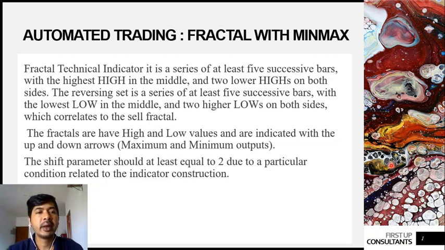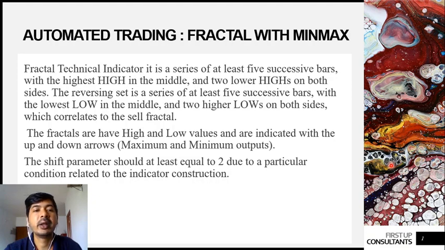In today's session of automated trading, we are starting afresh with this new setup which involves fractals along with min-max. And fractal is a technical indicator which we use to decide the possible turnaround in the trend. So we are counting on a possibility using the candles, 5 consecutive candles on any time frame whichever suits our purpose, and we look at the highest value in these 5 candles, and it should be in the middle, that is it should be flanked by the lower highs on both sides